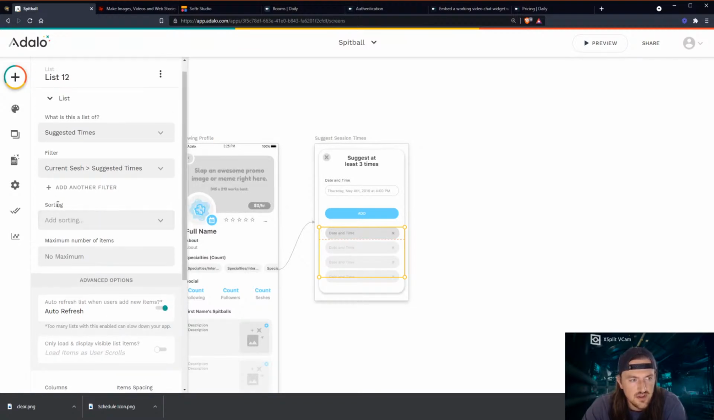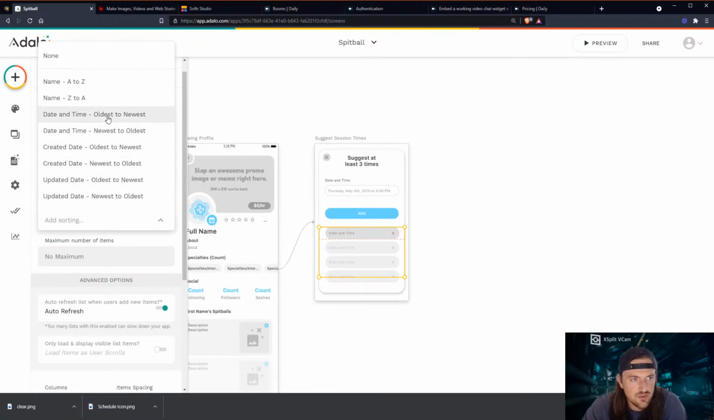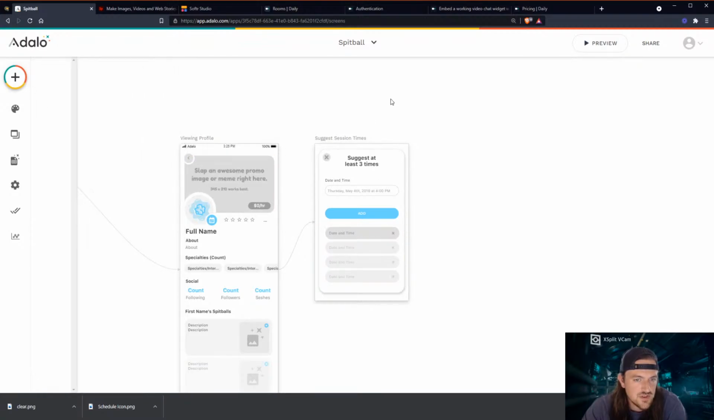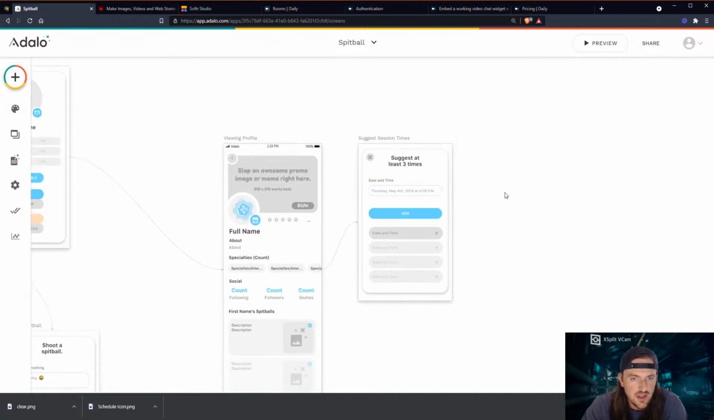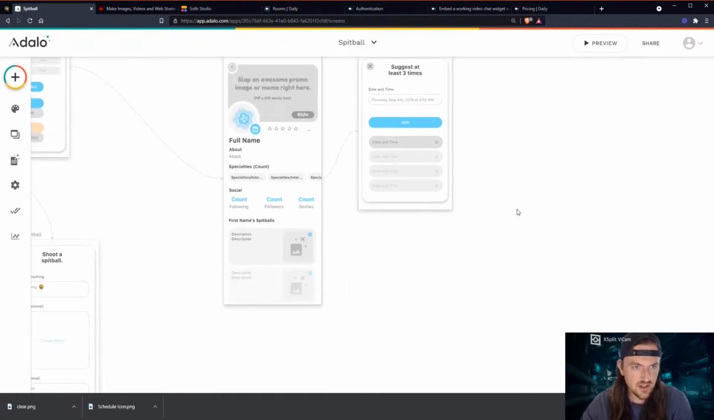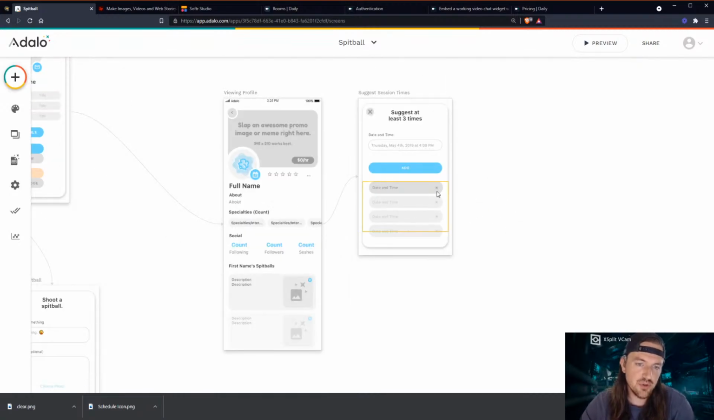And then sorting, we'll just sort it from created date, newest to oldest, because we want to see the most recent one that we've added at the top. I think that's probably the best way to do it. Okay, so we've got to wait for them to suggest times here, and now we will actually need to build out a way for this particular person to see that and